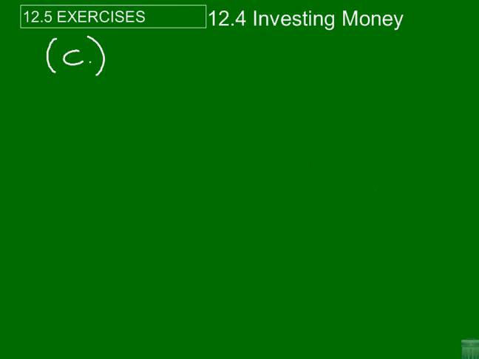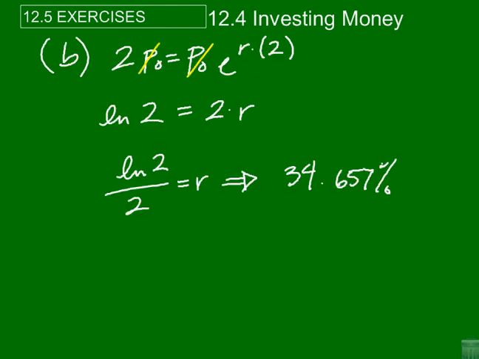That leads to part C, which says the rule of thumb, the rule that you can just quickly estimate by, is called the rule of 70, where if I take 70 over the interest rate itself, not the percentage rate, then that's going to give me time in years, roughly, that it will take to double. So let's see if that holds true with what we had as an answer from part B